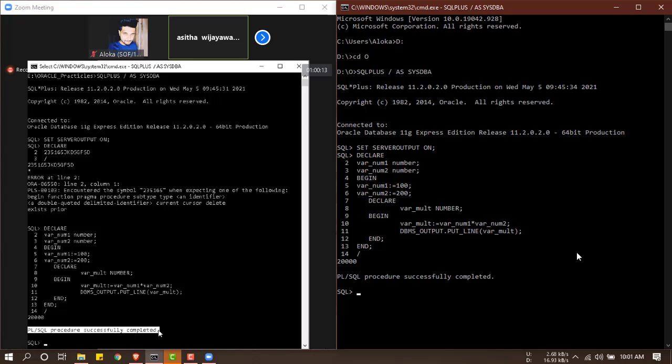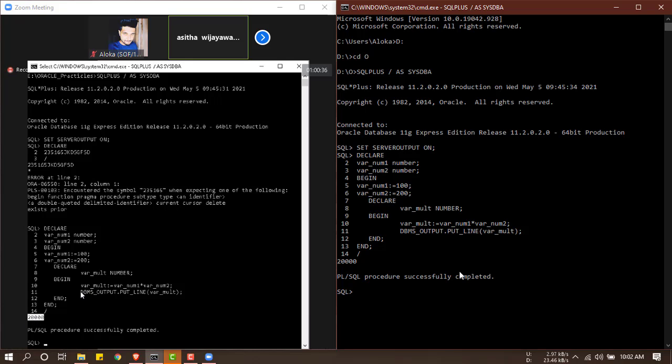Right? This is the output. The 20,000 is the output. Right? If you have forgotten to type set serveroutput on, you are not going to get the output